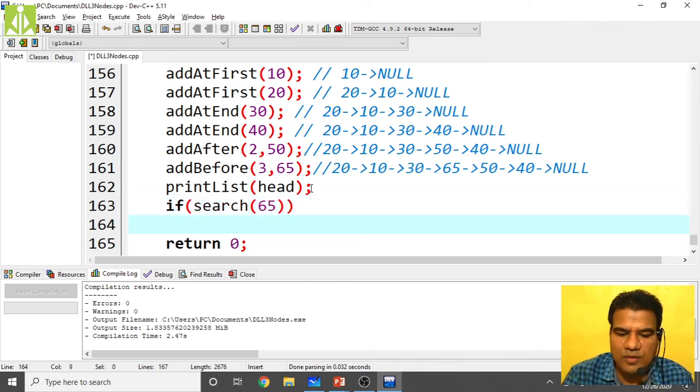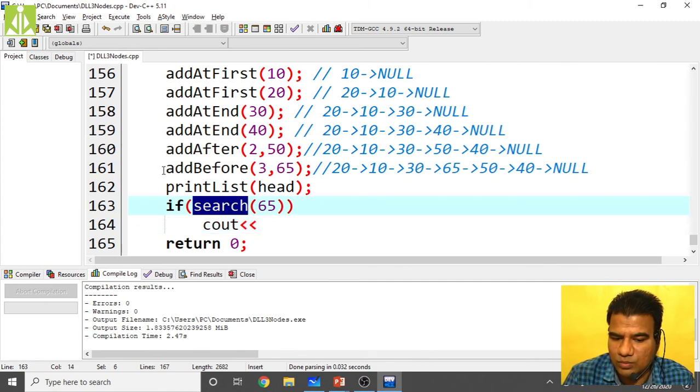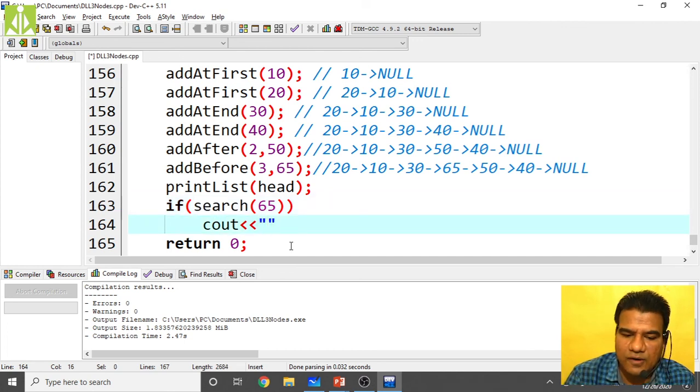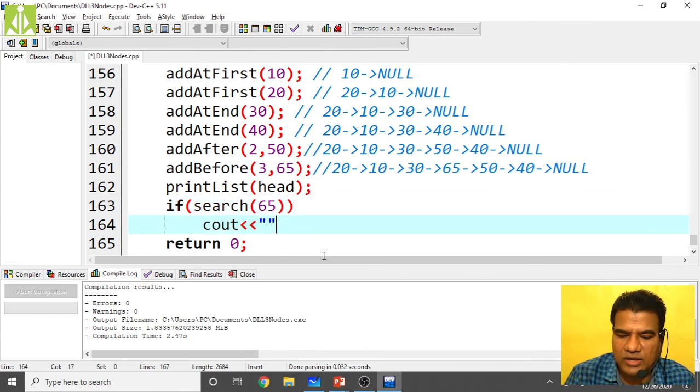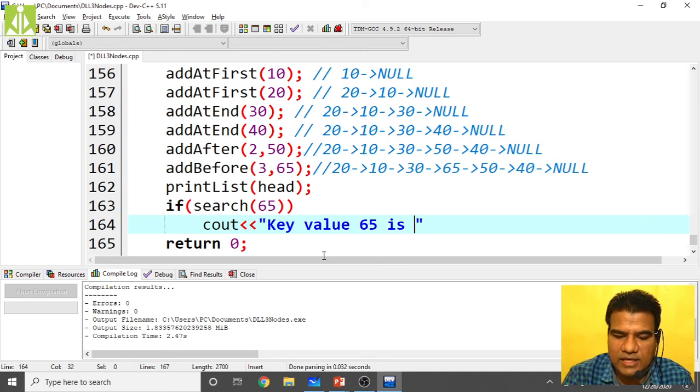So if your search returns true, this entire condition will become true and you can print: key value 65 is present in the DLL.